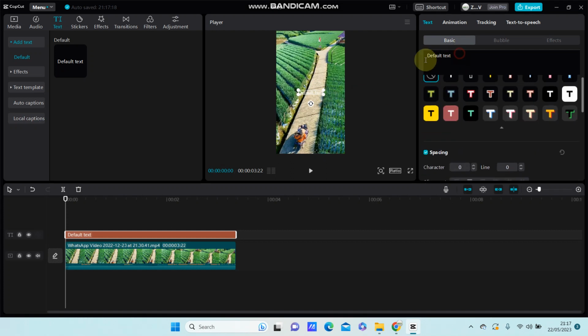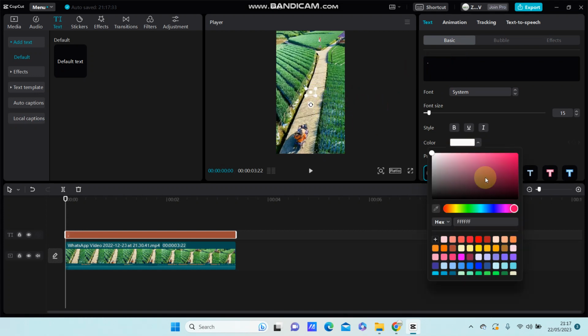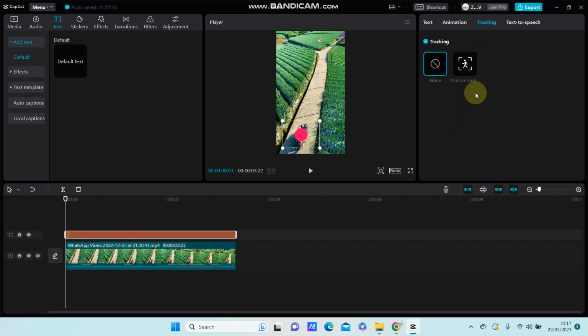I'm going to change the text, just type a dot, and resize and change the color and size, and then put it on top of the object you want to track, and go to tracking and then